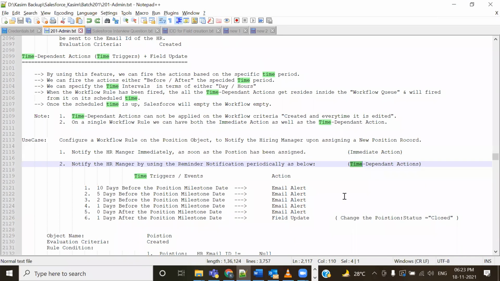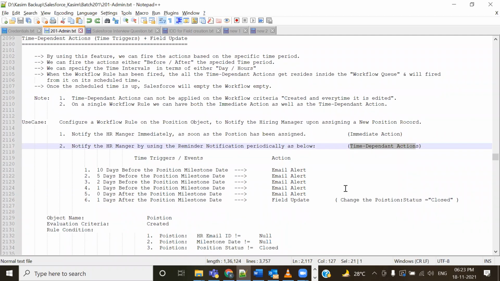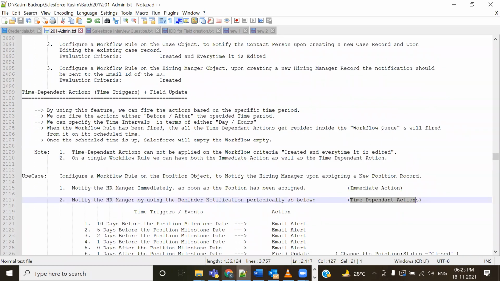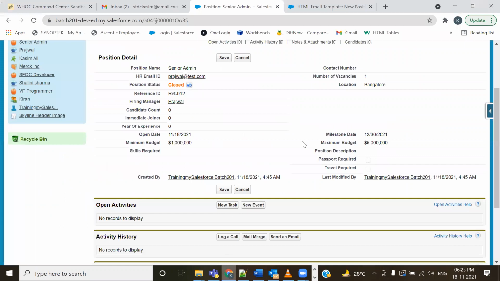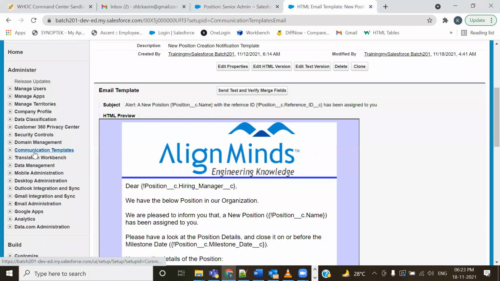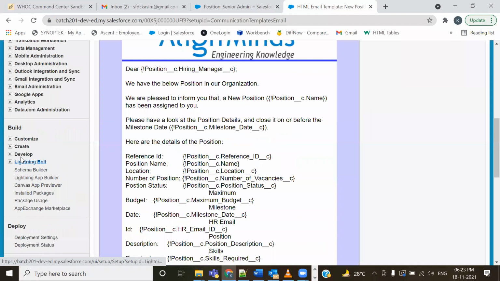And this is the example. You are going to get a clear idea कि आप एक ही वर्कफ्लो के अंदर आप इमीडिएट एज वेल एज टाइम डिपेंडेंट एक्शंस को क्लब कर सकते हो। ठीक है, चलिए देखते हैं। सो द ईमेल टेम्पलेट तो है मेरे पास ऑलरेडी, सो आई एम ऑब्वियसली गोइंग टू यूज द सेम ईमेल टेम्पलेट। ठीक है, चलिए वर्कफ्लो बनाते हैं इसके लिए। ईमेल टेम्पलेट वी ऑलरेडी हैव दिस, डोंट वरी। सो वर्कफ्लो बनाने के लिए यू नीड टू गो टू सेटअप एंड देन बिल्ड।